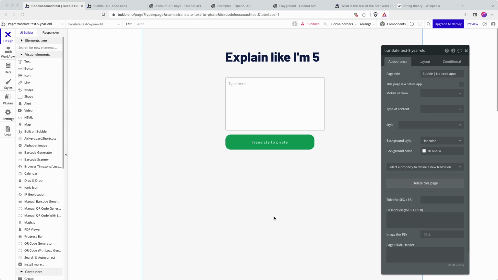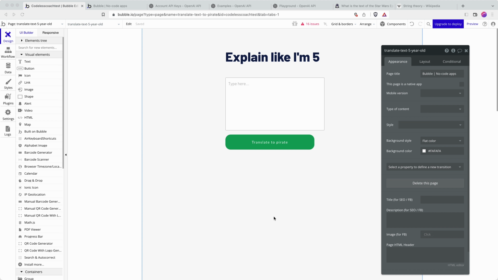With the ChatGPT API just around the corner, I wanted to demonstrate what we can do with what's existing, what's currently available with the OpenAI API using GPT-3. And so I wanted to show you how to create a very simple no-code tool in Bubble that allows you to input some, say, scientific text on string theory and then return the text as if it is explained